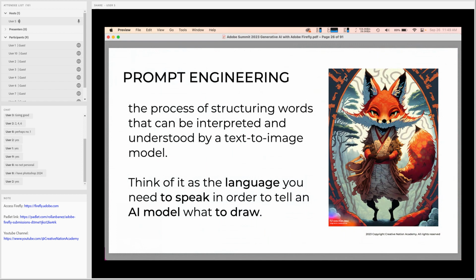It's a process of structuring words. If you cannot express your ideas in words, that will be a hindrance to what we're trying to do inside of Adobe Firefly, or any image generation AI tool. So we also need to master visual thinking skills. That's why we also have to study prompt engineering.